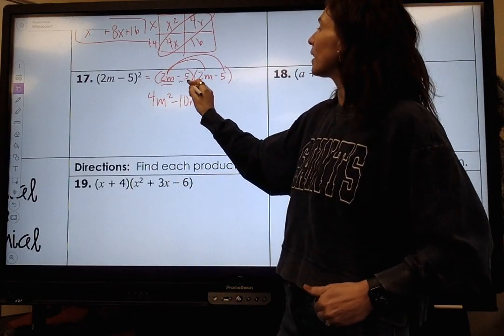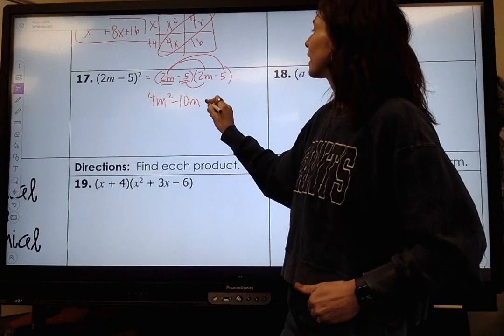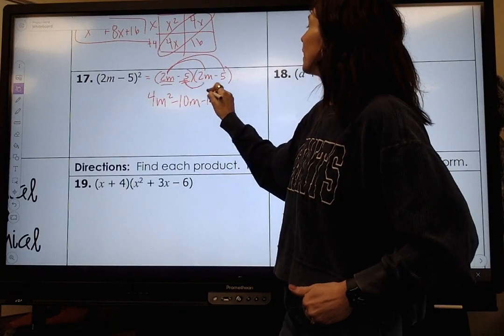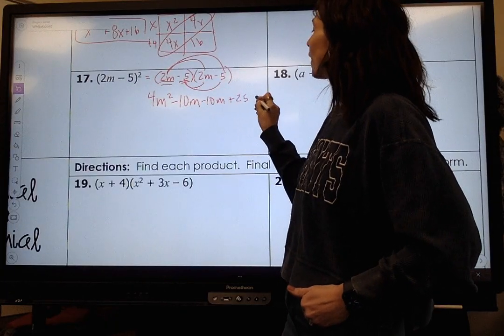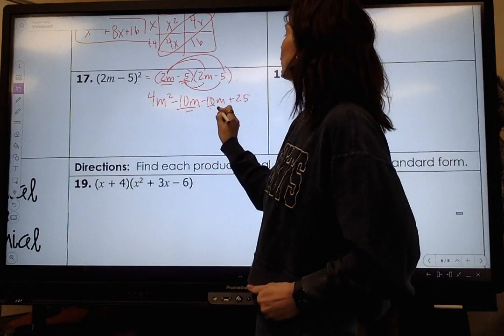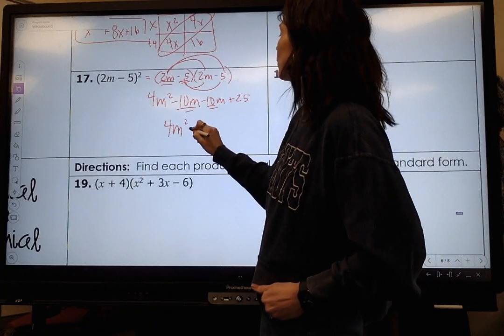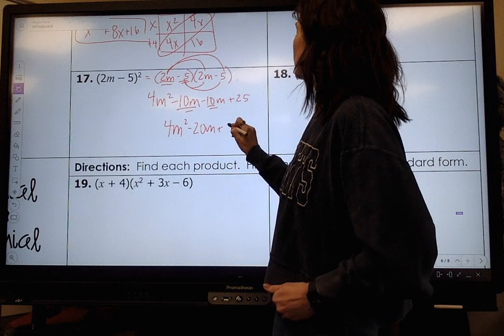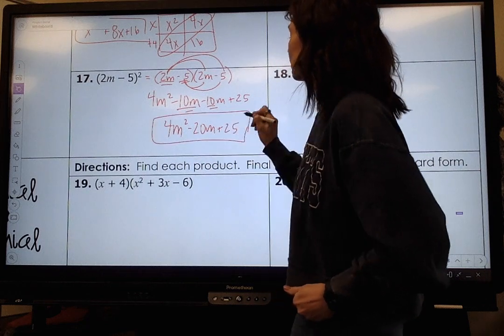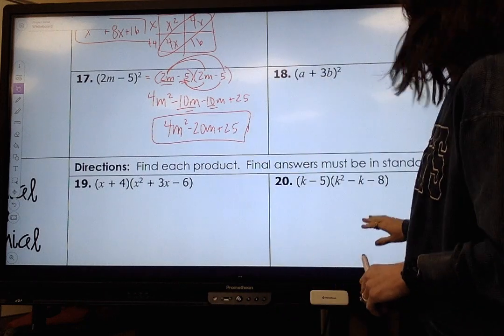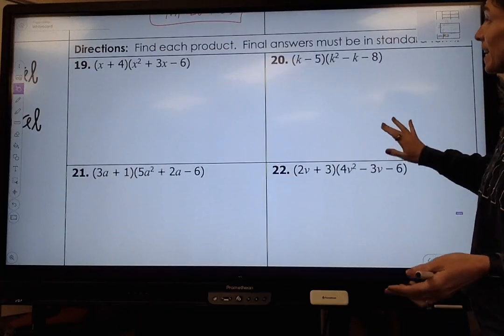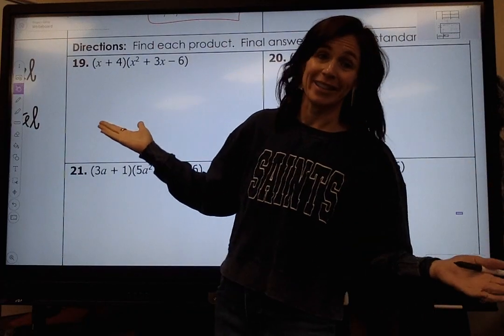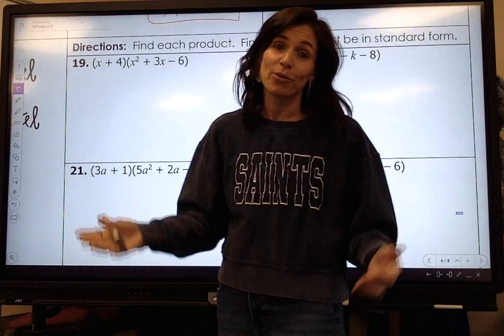Now I'm going to take my second term and distribute, and I get negative 10m. And then negative 5 times negative 5 is 25. And when I combine my like terms, my resulting answer is 4m squared minus 20m plus 25. And that's my final answer. Okay? All right. Now, for me, I do the box on these because it's an easy way to organize my